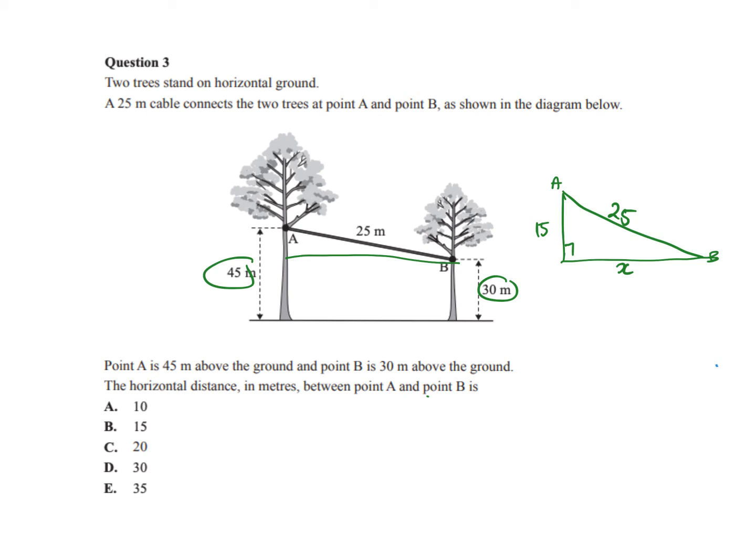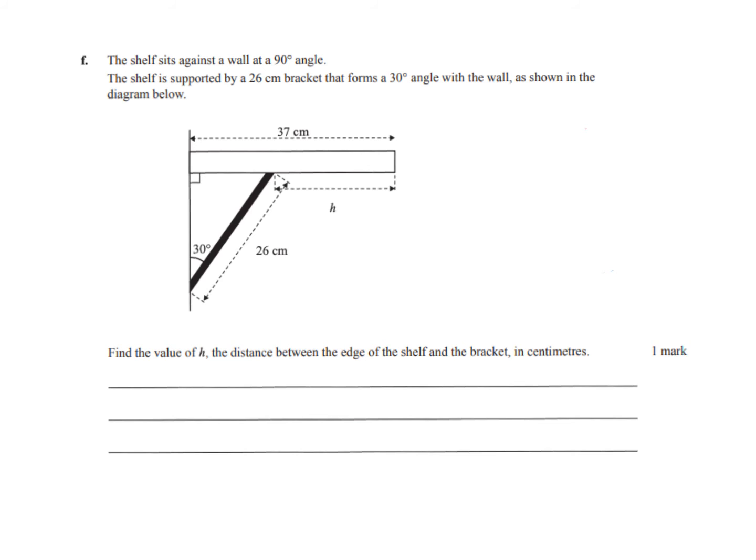So that would be a Pythagoras where you set it up. You'd say 25 squared equals 15 squared plus x squared, and you would just solve in your calc, comma x, and you'd find out that distance AB, which is what they wanted. So I accidentally put a Pythagoras. So here's a